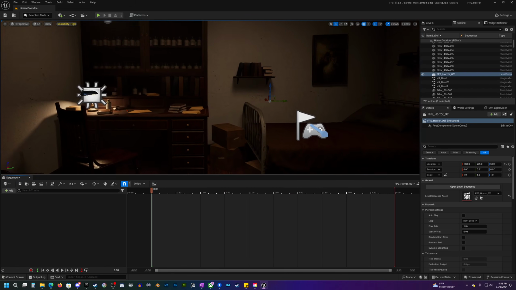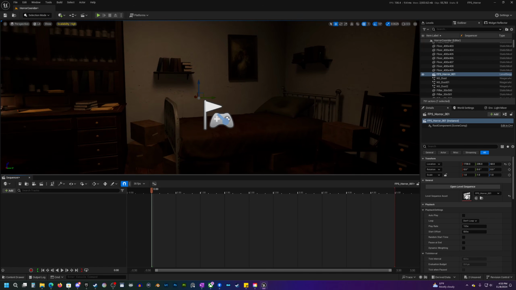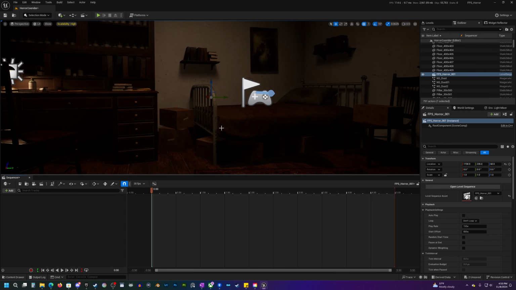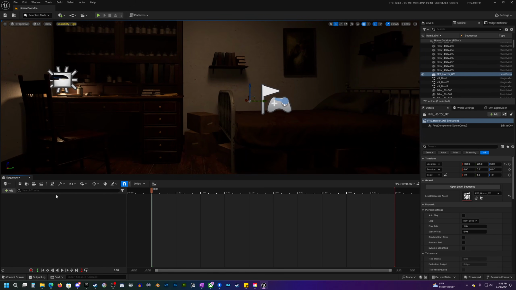When we create that, it will automatically open Sequencer here. And I'll just kind of run through some of the basics here. If you already kind of know how to use this, feel free to skip ahead, but I'll just go about this as kind of an introduction to Sequencer, as if you've never used it before. So we have our timeline here,